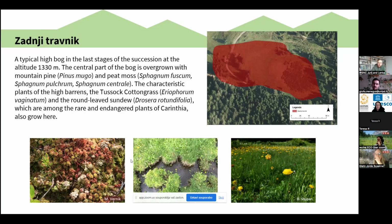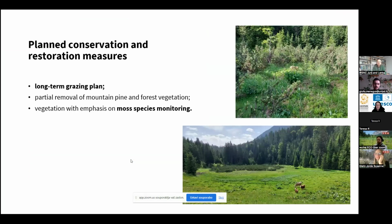The area, as we can see, is divided into 2 main regions. There is the central region with the pine, mountain pine, and the peat mosses, and the surrounding area where the typical wetlands plants live. On this lower picture, we can see that the problem of grazing was already noticed in the area, and some measures were already acquired, but we know that we had to put some more emphasis on this